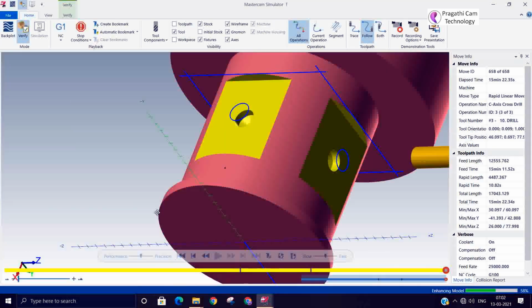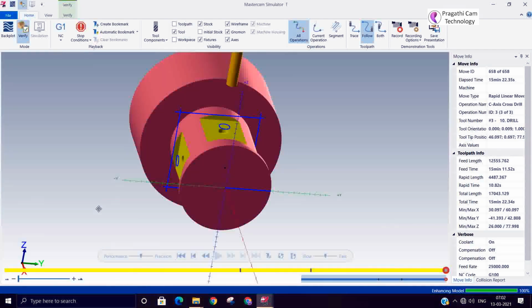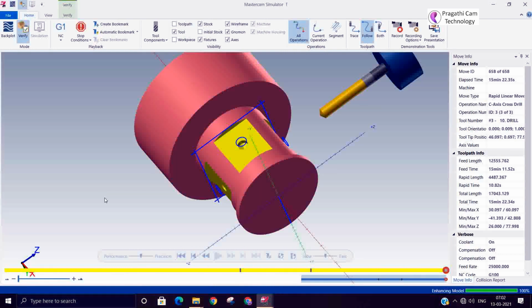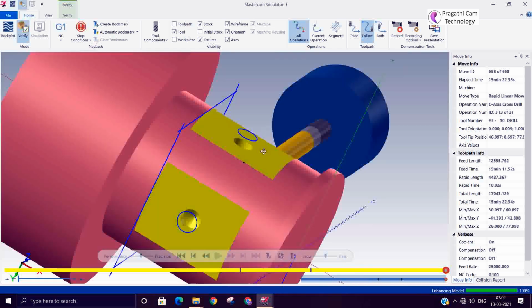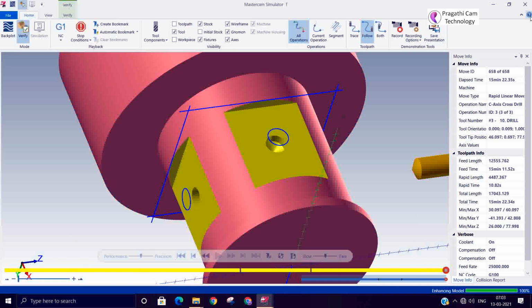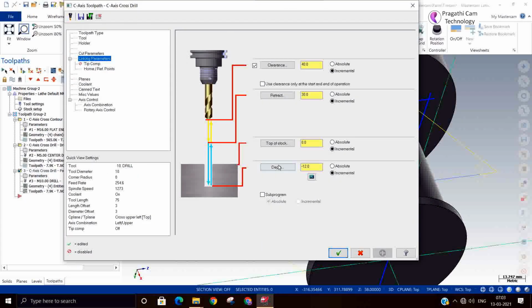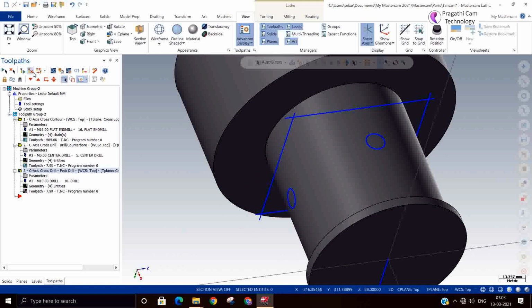Now you can see the cross contour and cross drill. You can increase your drill depth, if at all you want a little more, and simulate and see.